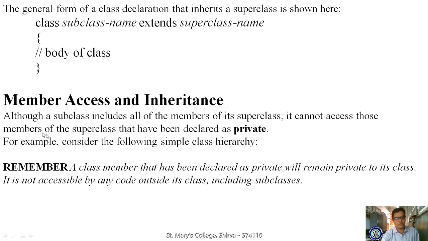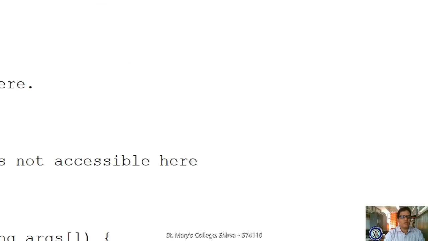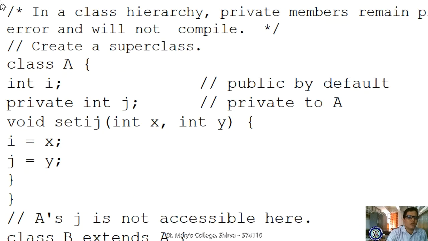And next our concept is member access and inheritance. We are familiar with modifier access specifiers. If you specify it as private, you are unable to access it. If it is made public, you can access it from anywhere. If it is protected, it is in between public and private, right? Got it. So here, the first access specifier I am taking is private. If I make a class private, then what happens? You are unable to access it. Let me understand this concept by using a sample program.